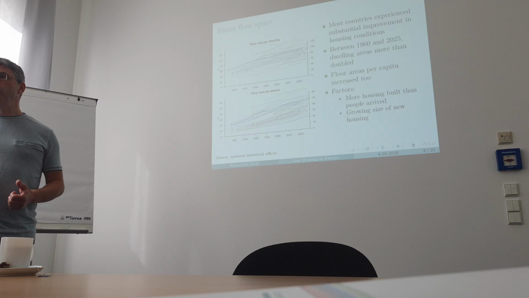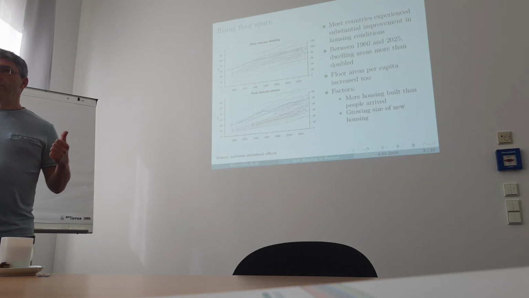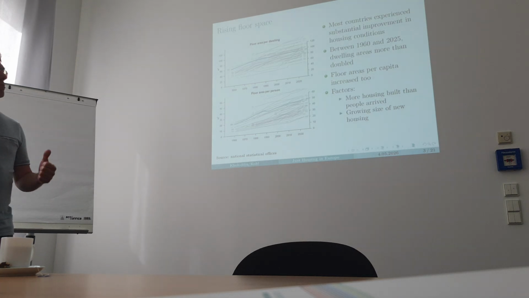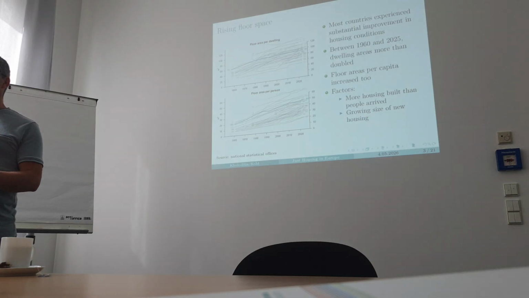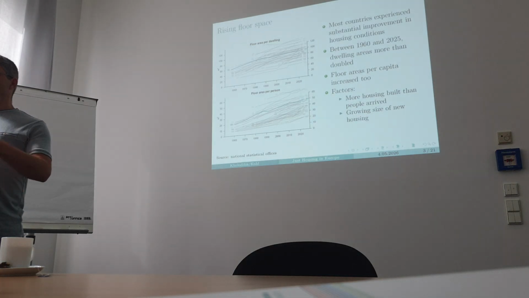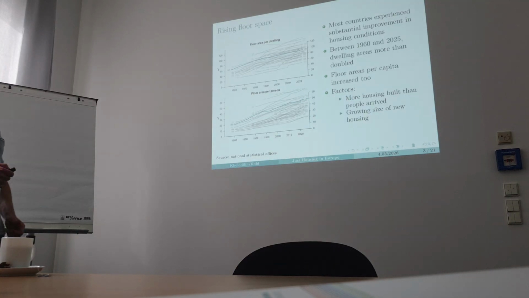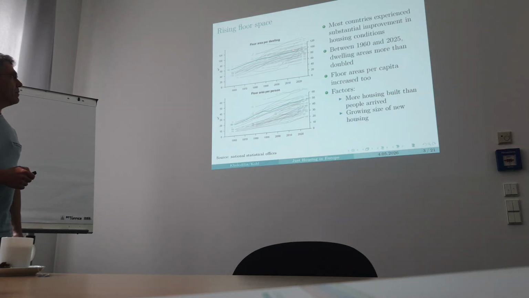So here what you can see are the floor areas of housing per dwelling in this upper panel and per person. Each line corresponds to a single country. These are European countries, but mind you, more or less the same picture I would have obtained if I plotted countries from other continents. Green is Germany, since we're in Germany, and it's probably more interesting to see what happens here. And you see that in most of these countries,